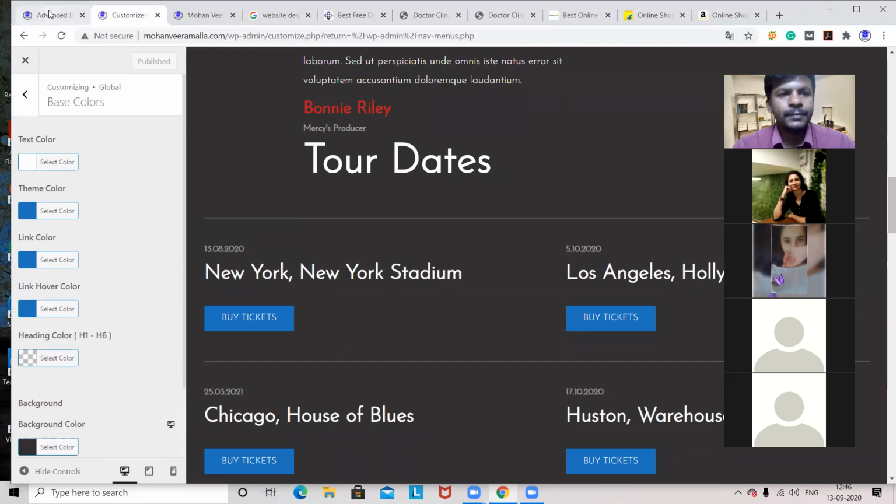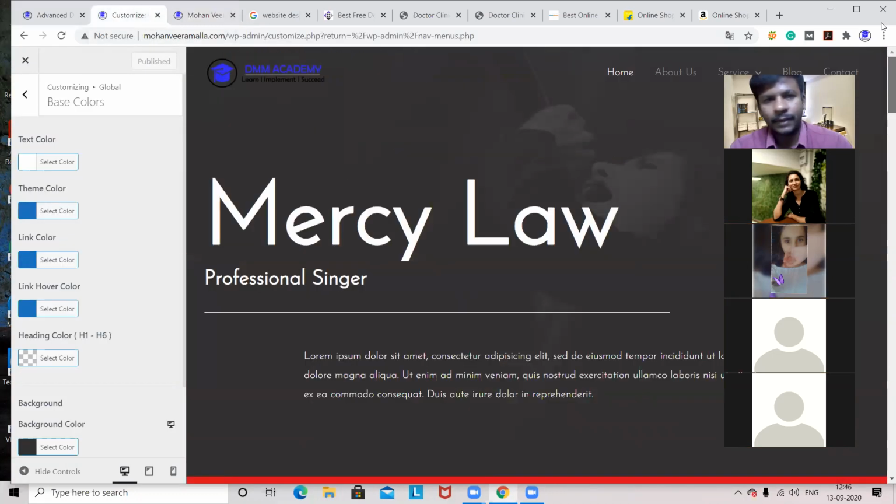Fine. So what we did today, we just analyzed the dashboard. We went for the header part where we uploaded the logo, and we did the menu part. We created pages, we created posts, and we made it a menu. Up to here, is it clear? Yes, sir. Okay. Tomorrow we'll go with the footer. If time is sufficient, we'll go with some other section. Okay.